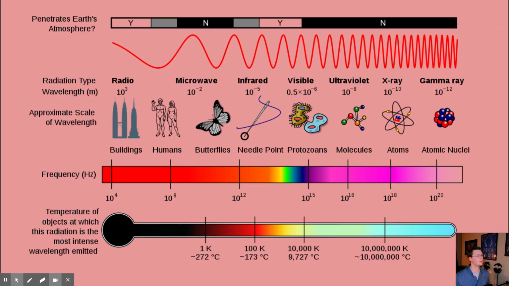All right. Radiation type, again, we have those all listed out for you. Approximate scale. So if you kind of want, well, what's a good estimate? So like radio waves, we're talking like buildings. Microwaves, think of like a butterfly, a smaller butterfly, not a huge butterfly, right? So as we kind of go down the line, we see those general, again, waves of frequency. You'll see as that frequency number gets bigger, so you can see like gamma rays have that frequency of 10 to the 12th, which is an absolutely massive number. That's the number of waves that happen in 1 second. That's crazy. That's huge. Super high energy. And then, of course, the temperature which the objects give this radiation off. So again, generally, the hotter the object,